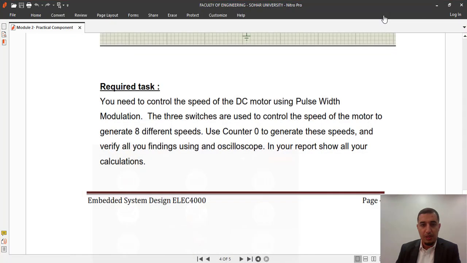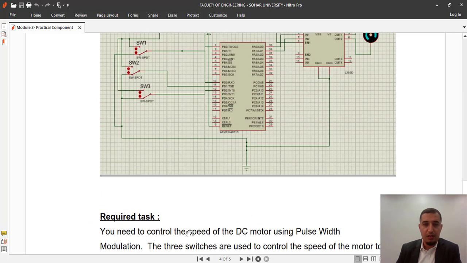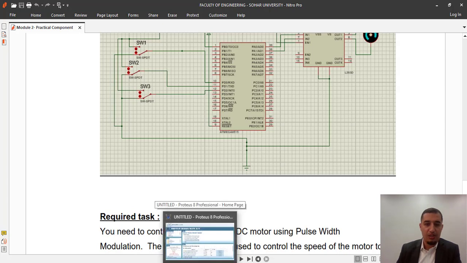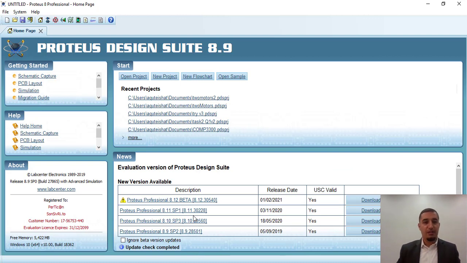Planning to do is we want to control the DC motors using pulse width modulation. So what I'm going to do today is see how we can generate a pulse width modulated signal from the ATmega 16. I want to simply generate a pulse width modulated signal from the ATmega 16. So the first step is to